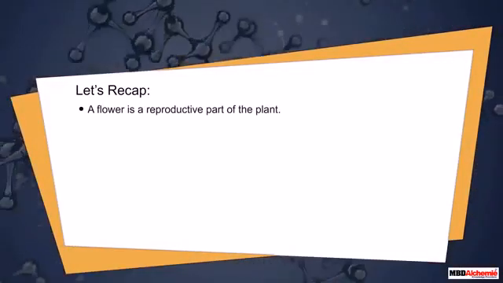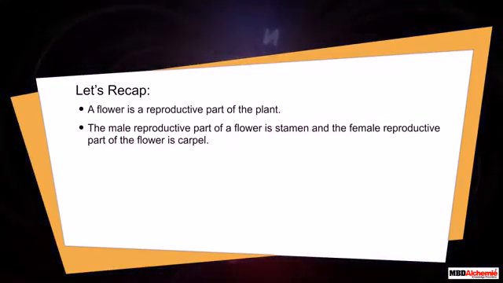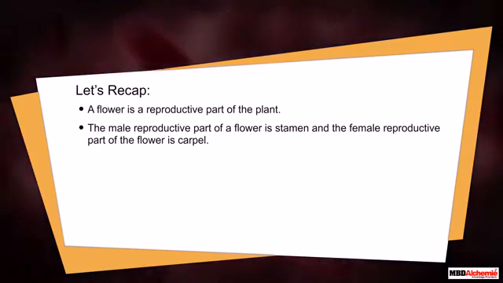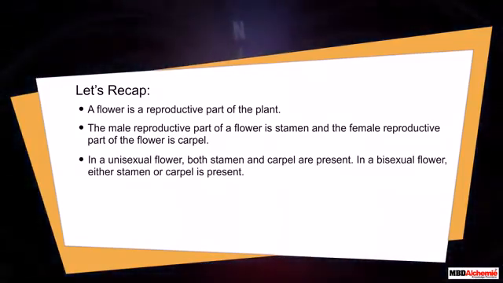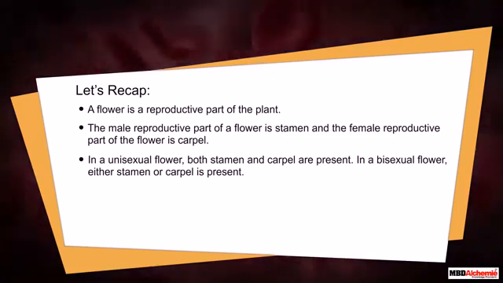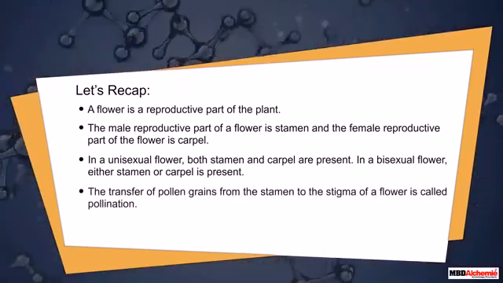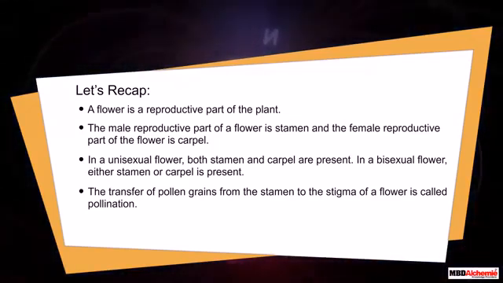A flower is a reproductive part of the plant. The male reproductive part of a flower is stamen and the female reproductive part of the flower is carpel. In a unisexual flower, both stamen and carpel are present. In a bisexual flower, either stamen or carpel is present. The transfer of pollen grains from the stamen to the stigma of a flower is called